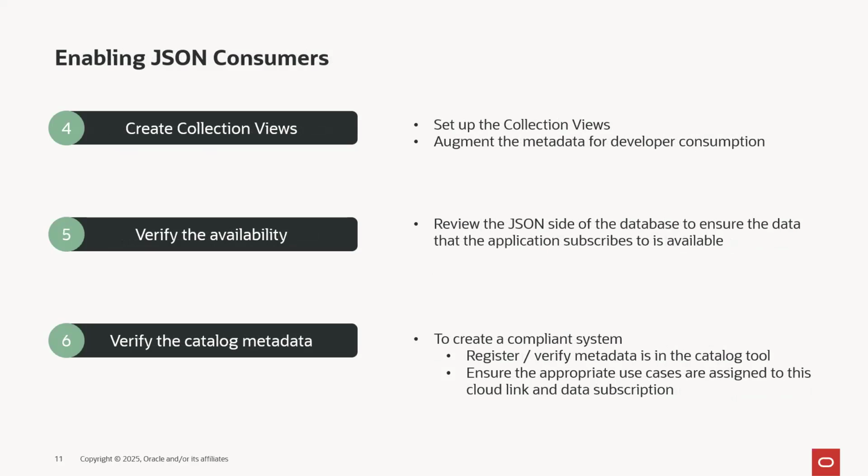Now, this is where we start to transpose between two worlds. And it's a very, very simple step, which is the beauty of doing this in the engine, right? Rather than writing an ETL job that says select from this table, craft a nice text file in JSON format with all the brackets and everything, make sure they're all correct, we just set up a collection view, and Julian will demo that later. And then you just basically went from relational to JSON without doing anything other than creating a static, quote unquote,